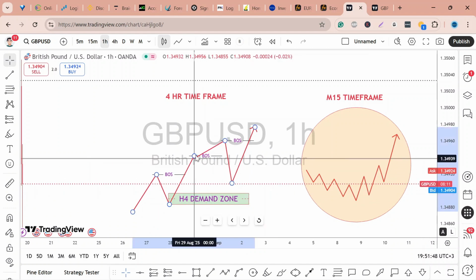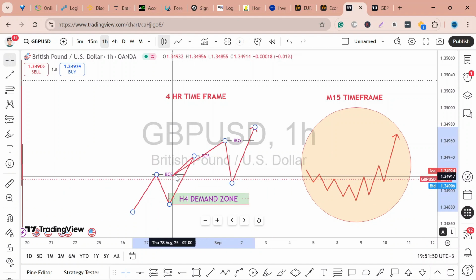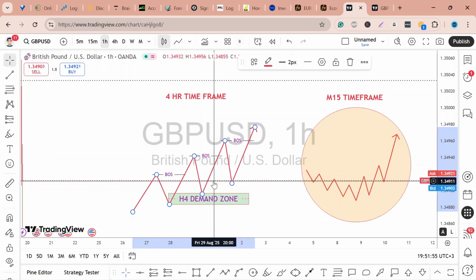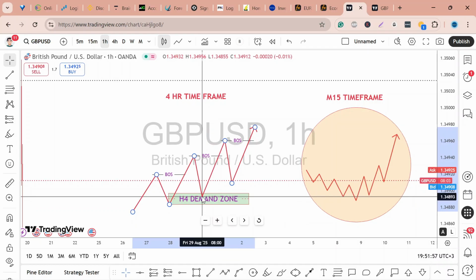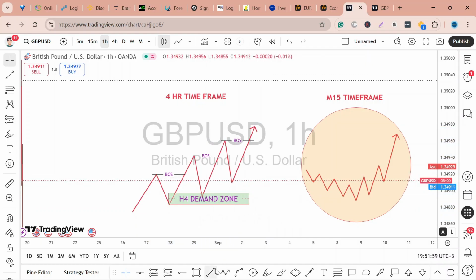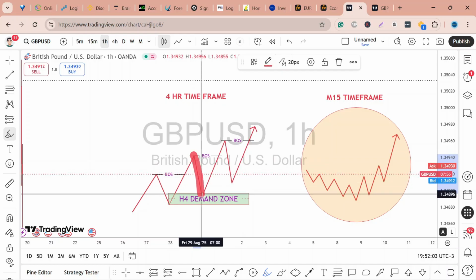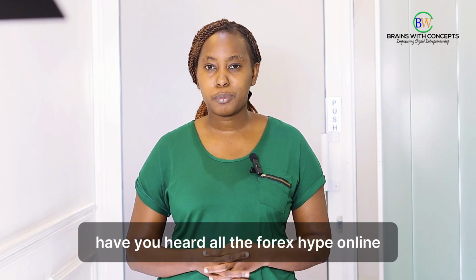So figure it this way. So the market has arrived here, has done the break of structure on the left, and now the market is approaching the demand zone again. So what you do is, during this leg here of pullback,